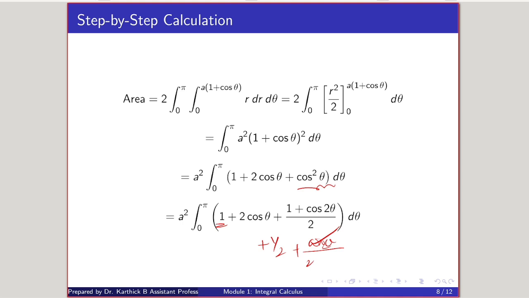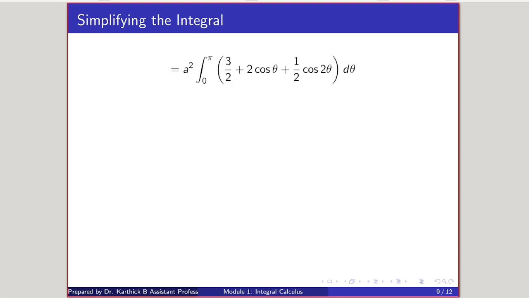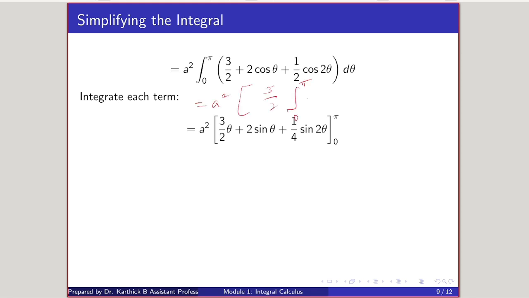So simply, we will get the value as 1 by 2 cos 2 theta and 2 cos theta. So here we have to evaluate this with respect to theta. It can be done as a square integral 0 to pi d theta plus 2 into integral 0 to pi cos theta d theta